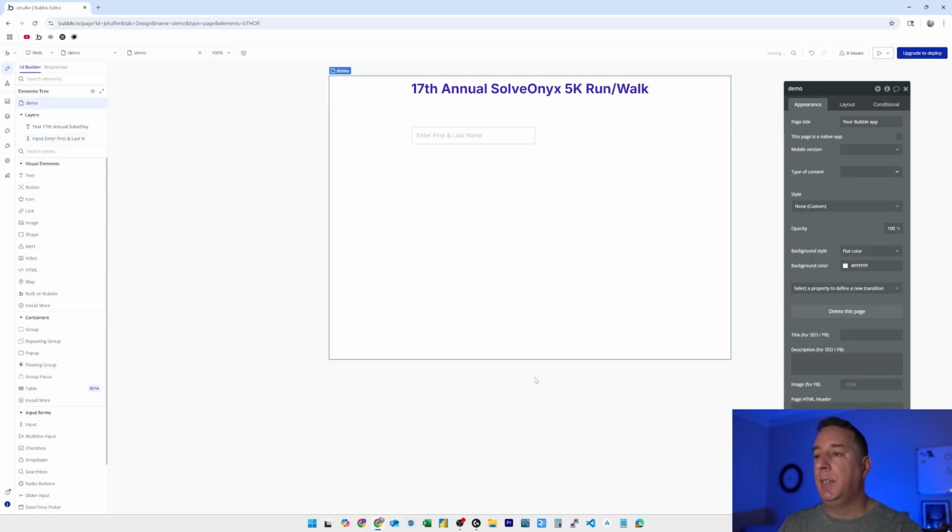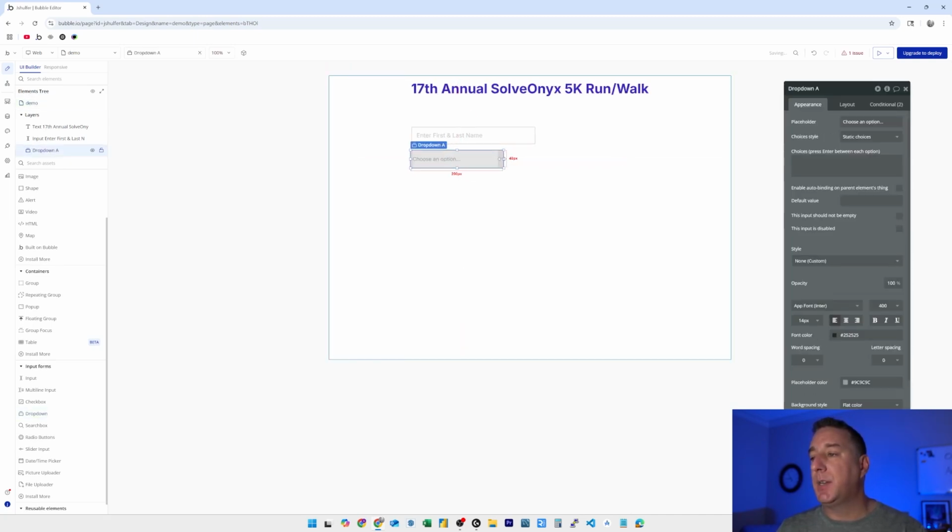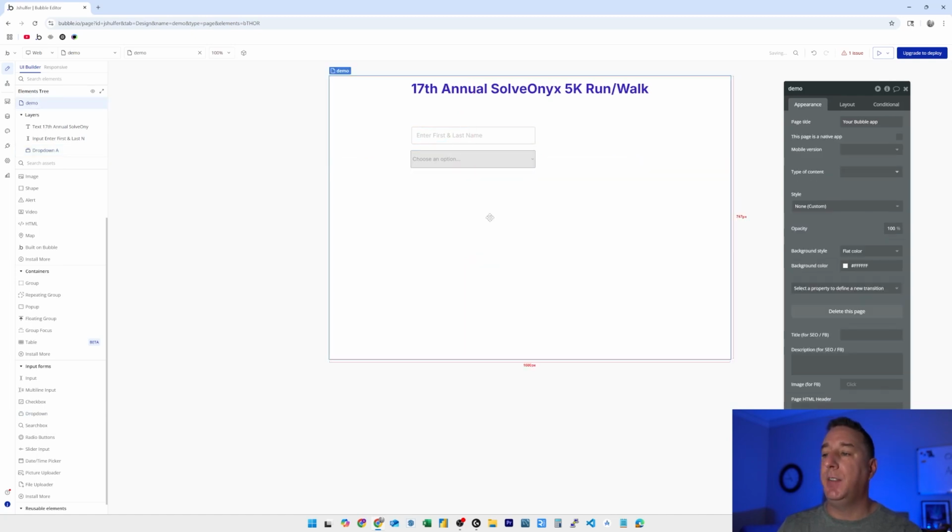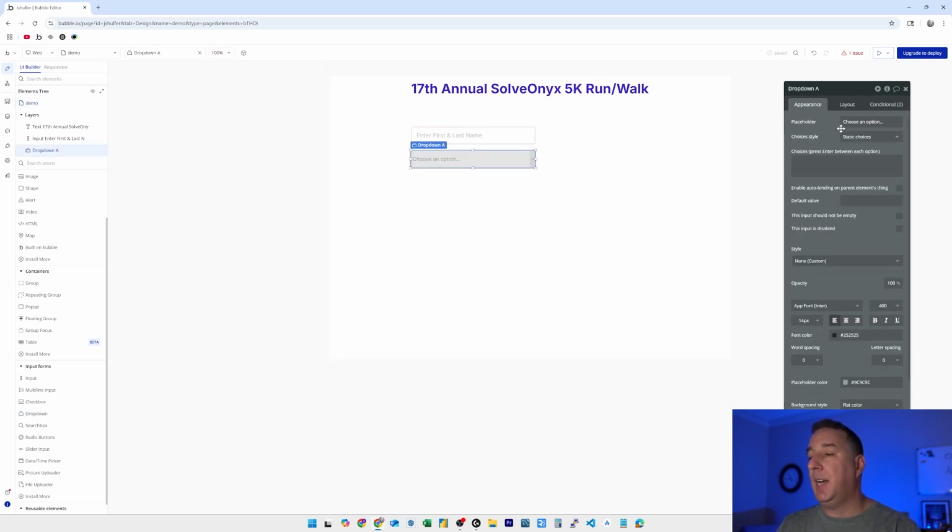Okay, we got their name. Now, this is going to be something that the user is going to type in. The next thing I want to capture is, because of awards and things like that, we want them to select their gender from a drop-down. So I'm going to put a drop-down on this form,